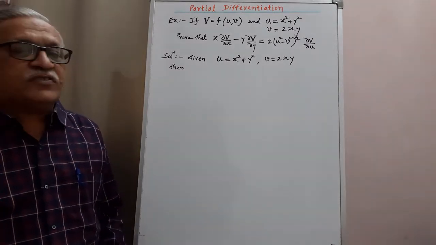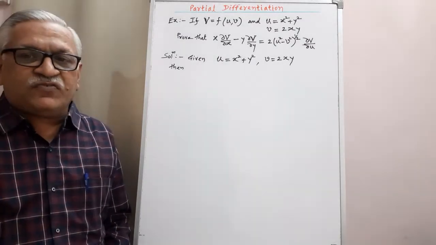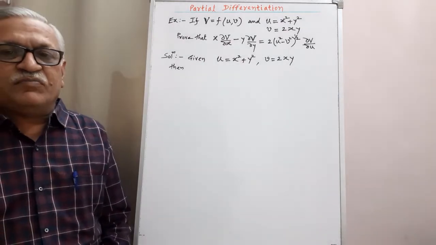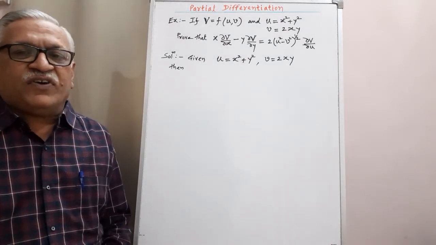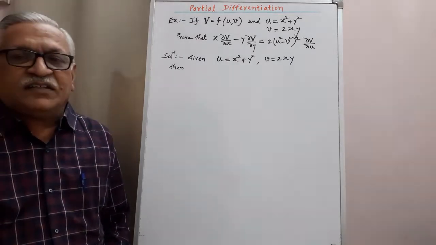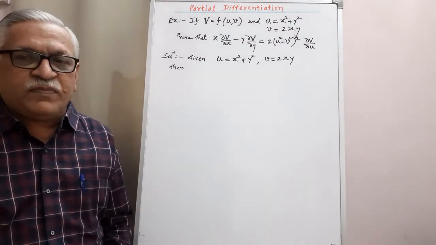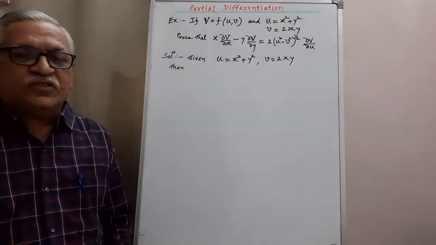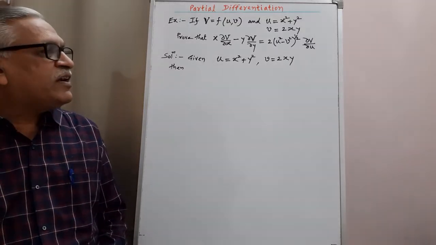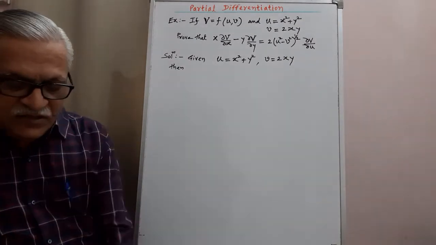If capital V is a function of u and v, where u is equal to x square plus y square and small v is equal to 2xy, meaning here both u and v are functions of two independent variables x and y, then prove that x into dou V by dou x minus y into dou V by dou y is equal to 2 times the bracket u square minus v square, that bracket to the power 1 by 2, into dou V by dou u. And therefore, to prove this,